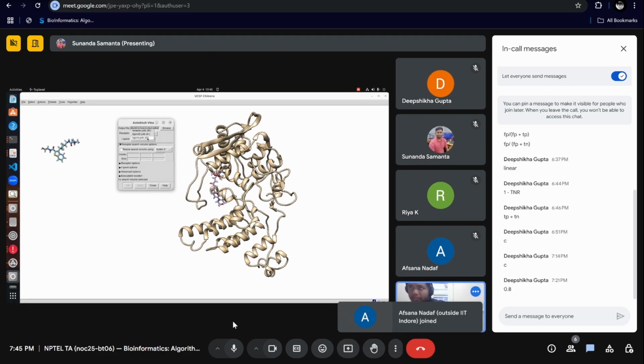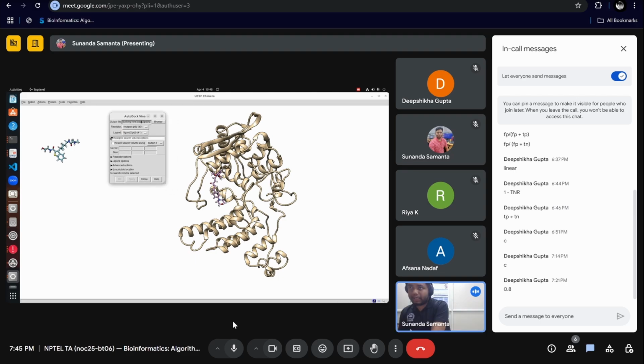In the option. So we can give that option, and then after that you will see one option given here, which is called receptor search volume options, right? Under this we will get this option, resize search volume using button 2. This is why we needed a reference point to calculate our